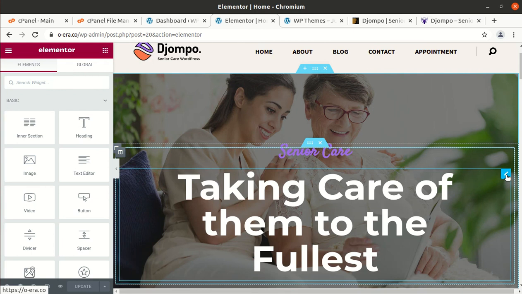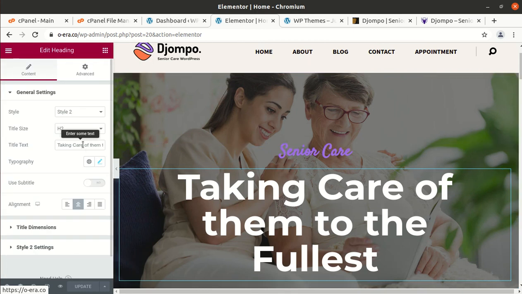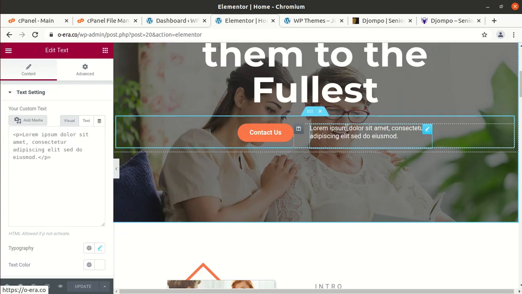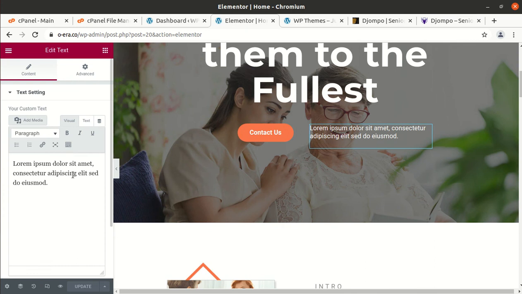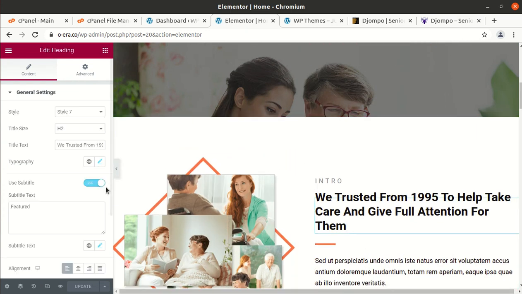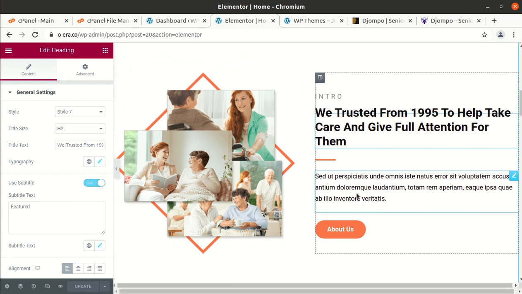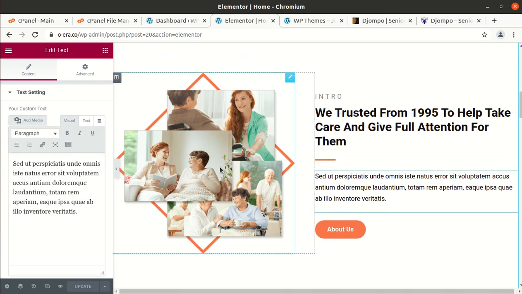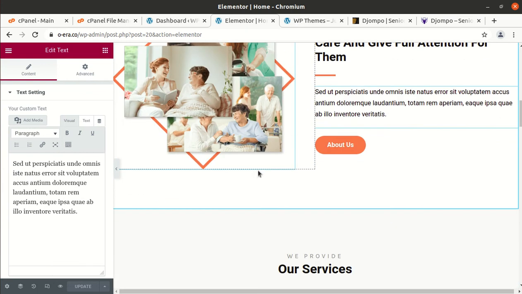Just click on the pencil icon, whatever you want to edit, and the section will be active on the left side, and you can simply put your content here. Just remember that you have to put the content in the same length as given in the demo, so that the integrity of the website may be maintained.